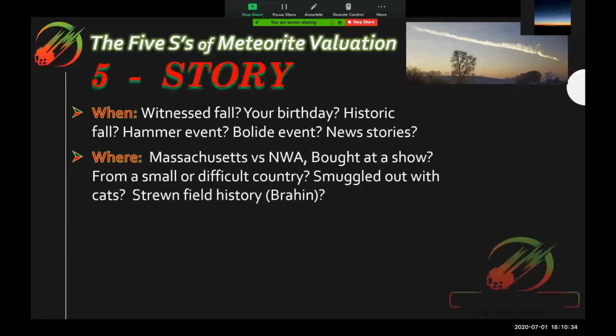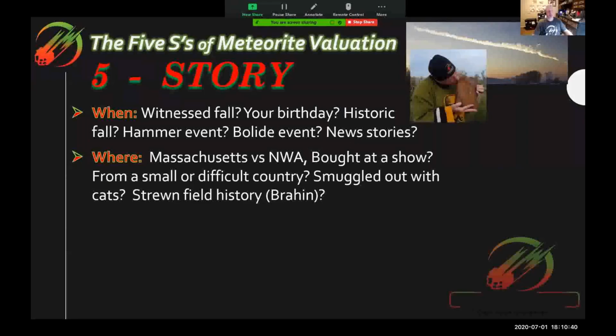Where? Well, there's so many NWAs found, but how often do you find a big one like that from Massachusetts? That's Barnstable. So that's Stephen Amara's find, Barnstable, and that's me showing it a little bit of cosmic love. Now, when you acquire the meteorite, was it at the Tucson show? Was it at Ensisheim? Was it from an estate sale? Was someone with you? What made it memorable? Anyway,